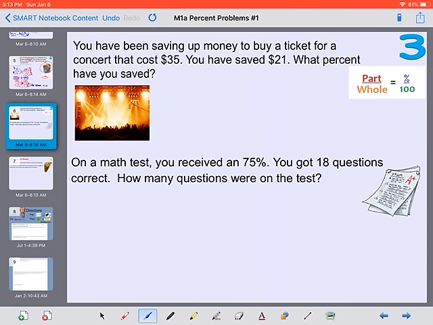All right, let's look at number 3. It says you have been saving up money to buy a ticket for a concert that costs $35. You have saved $21. What percent have you saved? So if we set up our proportion,